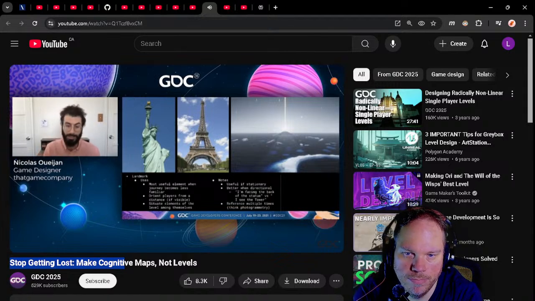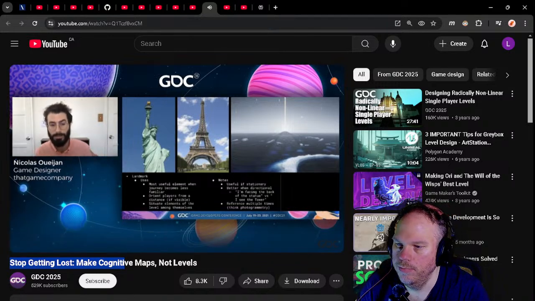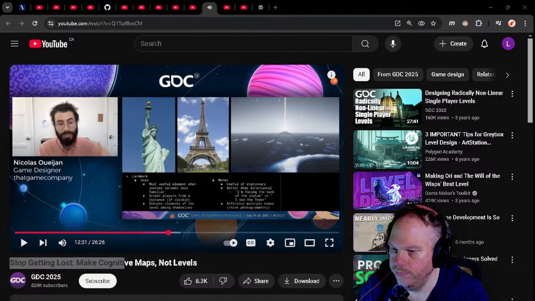So I have this Statue of Liberty here and the Eiffel Tower. The Eiffel Tower is radially symmetric. So if I'm north of the Eiffel Tower looking back, or I'm south of the Eiffel Tower looking back, the Eiffel Tower is basically going to look the same to me. But if I'm north of the Statue of Liberty and I'm south of the Statue of Liberty, the way that the Statue of Liberty is made makes it very easy for me to discern that, hey, I'm in a different spot now. So whenever you can, if making